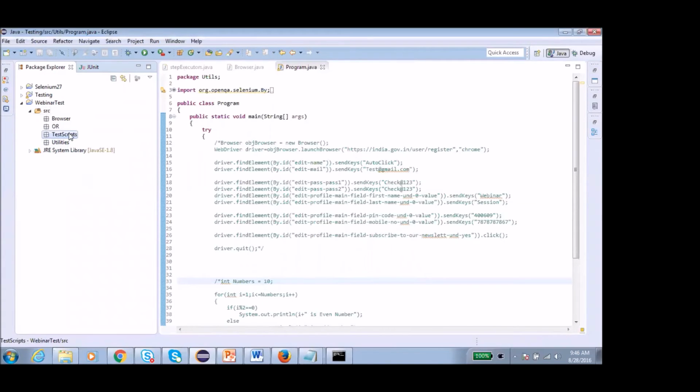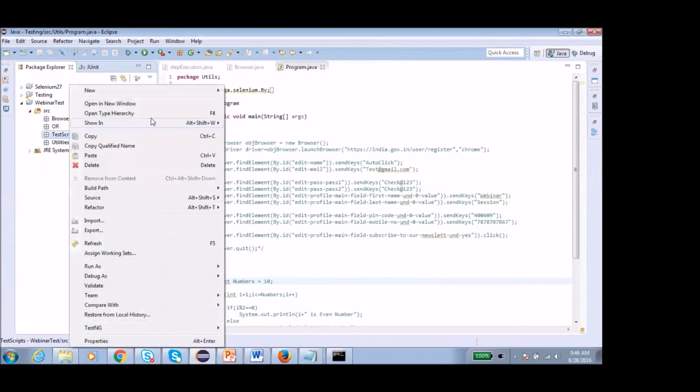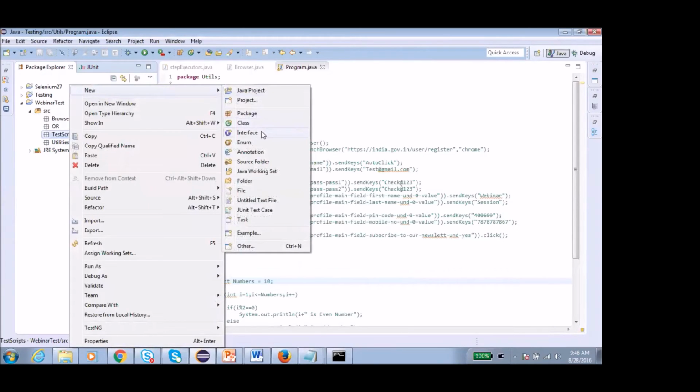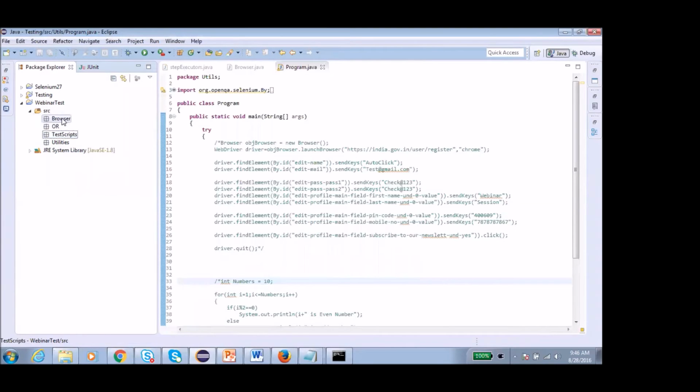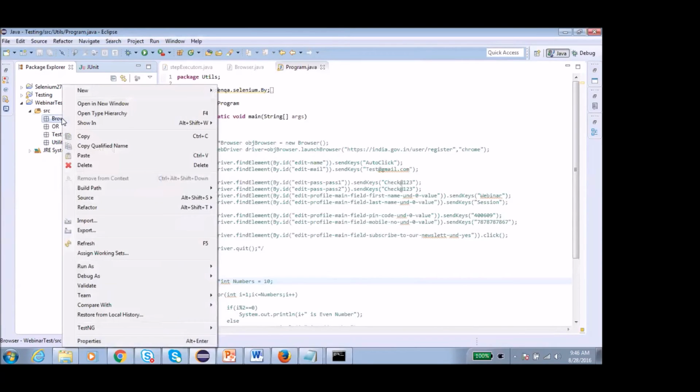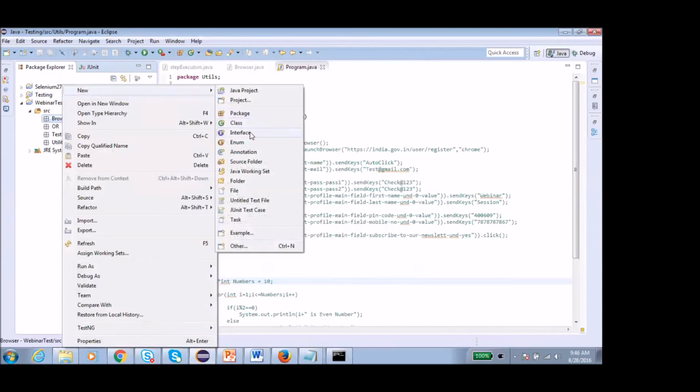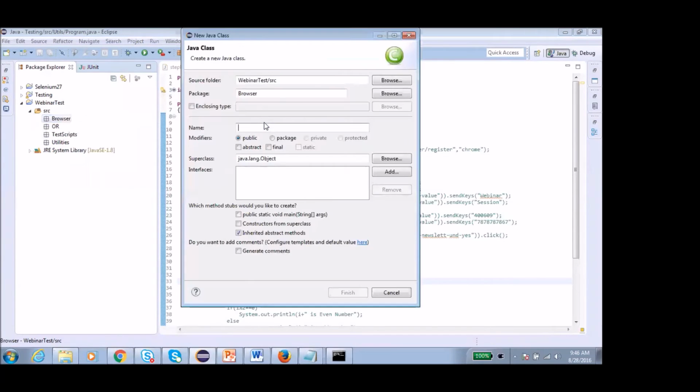Similarly, under test scripts just create a class. We have to create a class for every package. So for browser also, just go and create a class, say browser utils.